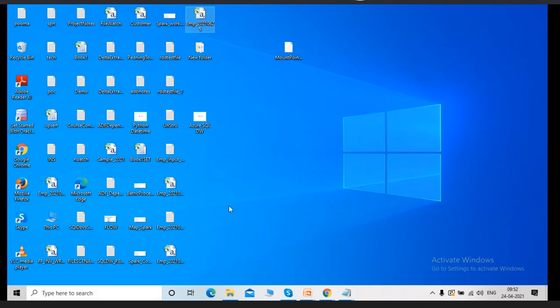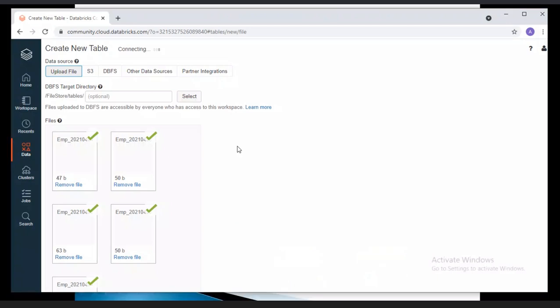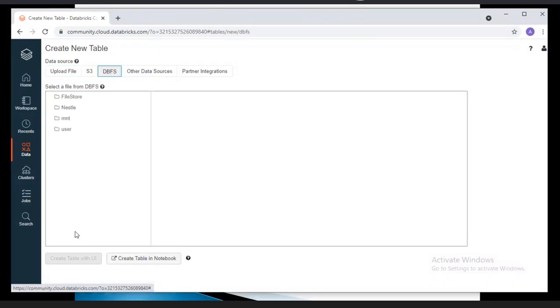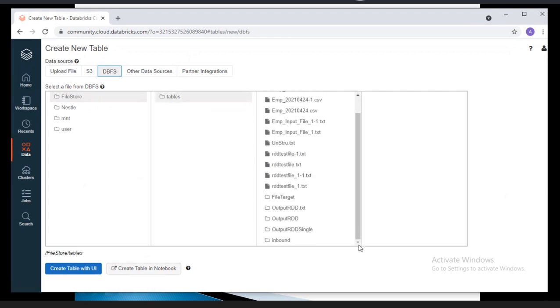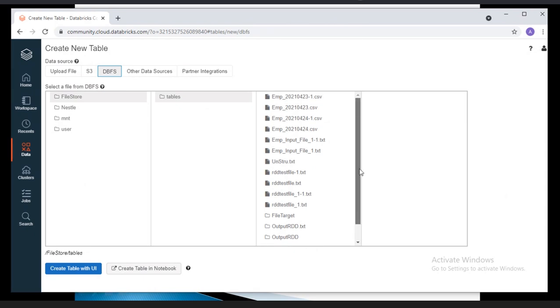Let me go and open DBFS, the file store, tables, and the directory file target.